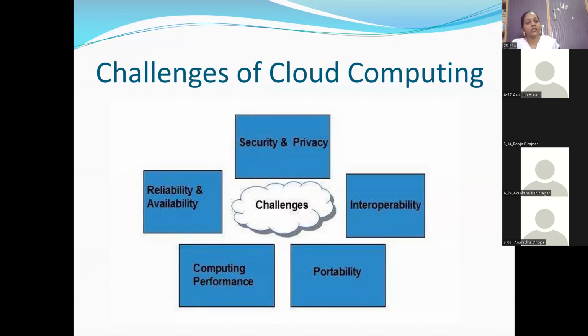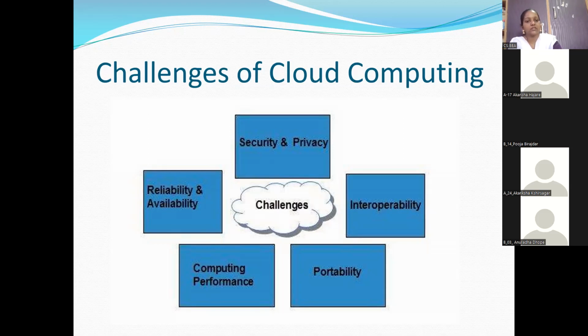The types of virtualization are hardware virtualization, operating system virtualization, server virtualization and storage virtualization. I think I have not added these points on the slide.